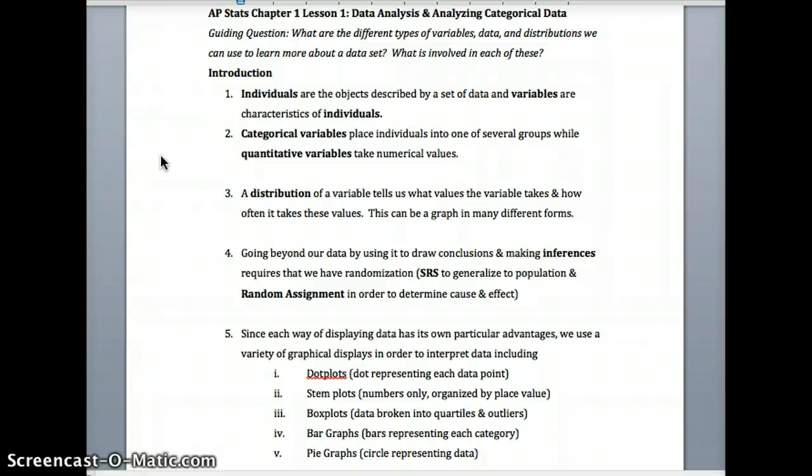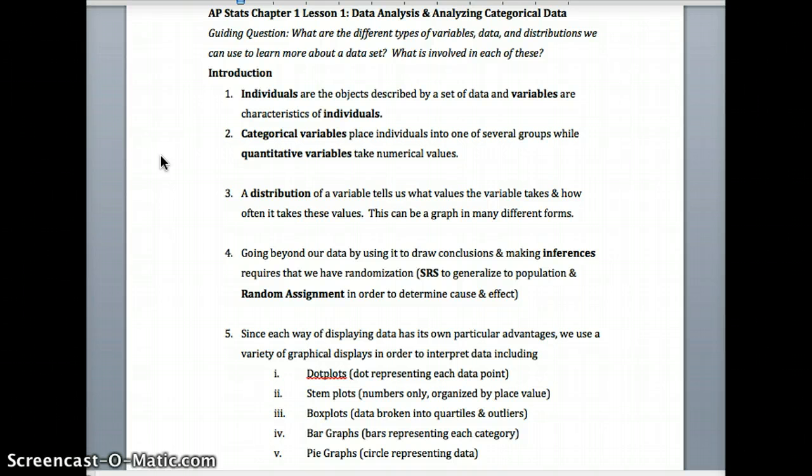The student copy of this outline will be available online, so feel free to download that from Schoology. I'm going to touch on the biggest, most important parts of this in the video, and then we'll discuss the rest in class. Ideally, you should watch the video, then read over the lessons in your book. There are nice little summaries at the end of each lesson that sum things up really well. And then answer the multiple choice, which is in the video here, and a free response question about the video